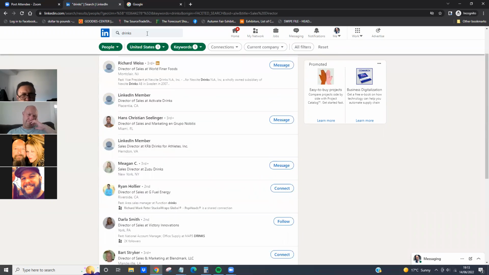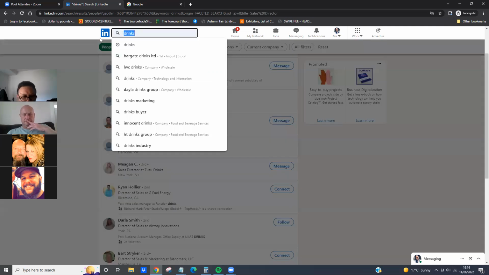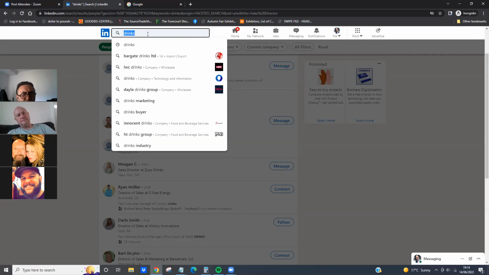But guys, if you're in the UK, you can do UK, Europe, Eastern Europe, doesn't matter. So, you know, that is very broad drinks. But if you want to get a bit deeper into the drinks product category, look at how many different types of drinks there are. There's energy drinks. There's fruit juices. There's, you know, water. Then you've got all the alcoholic type drinks as well. Loads of different types of drinks, but yeah, you can get a bit deeper if you wanted.